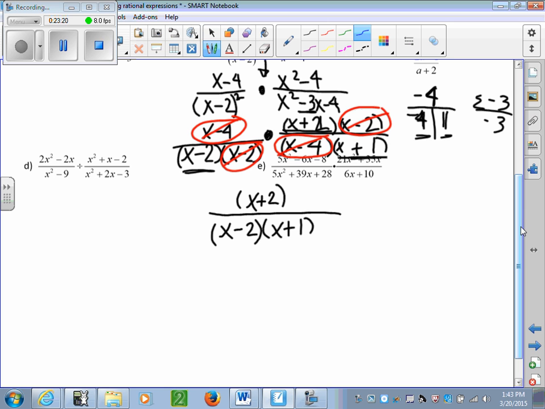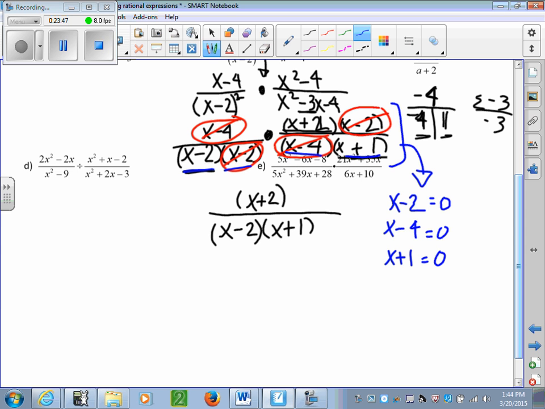So I need to go back to this step here and write down all my factors for my denominator. It's before I cancel anything out. So I have an x minus 2. I actually have 2 of them. When I have 2 of them, I don't need to write them both down. I have an x minus 4 from right here. Canceled out, but that's okay. I have an x plus 1. Where these equal 0